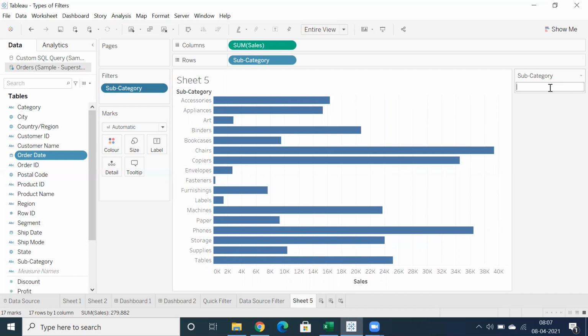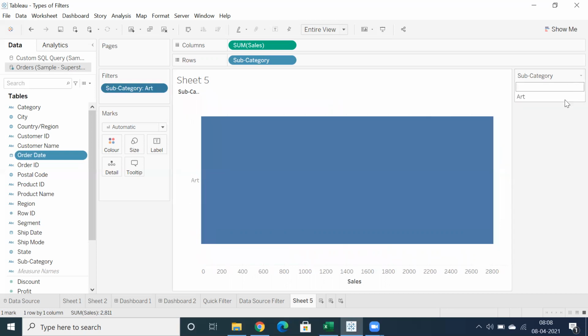But what actually custom value list is, if you know the naming convention, let's say you have accessories, appliances, art, binders, bookcases. If you want to filter out some part of data, you can type in art. You need to remember all these naming conventions, okay? And you are getting a plus symbol. Click on art, plus symbol.